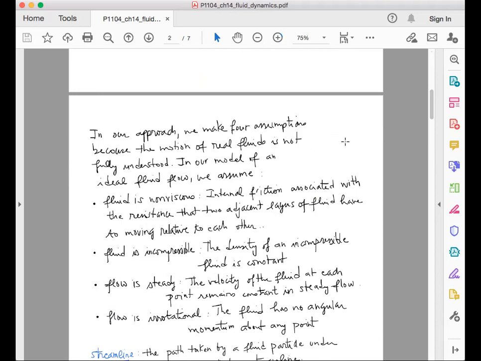So that's why we will consider first that the fluid is non-viscous. What does it mean, non-viscous? It means that the internal friction associated with the resistance that two adjacent layers of the fluid have to moving relative to each other is